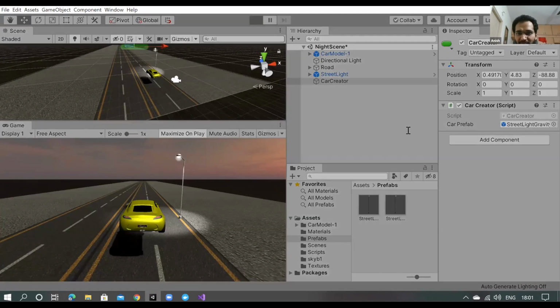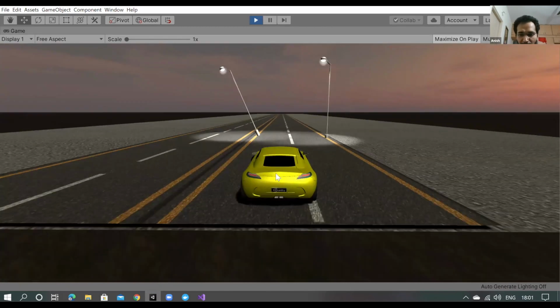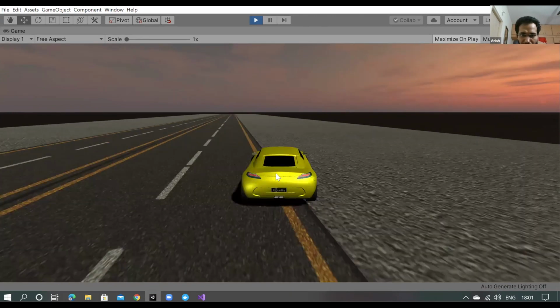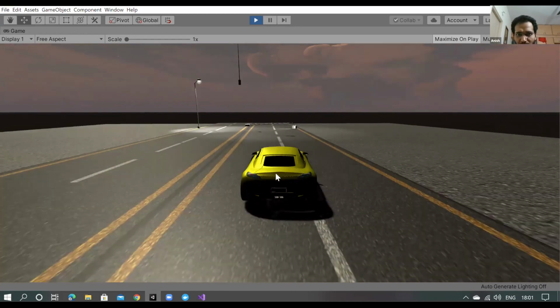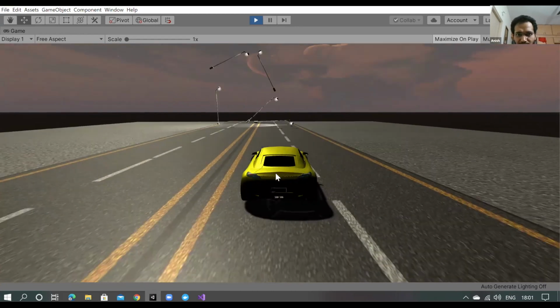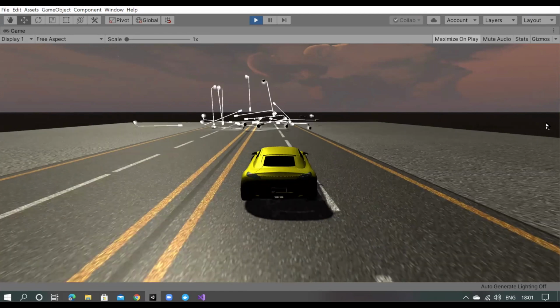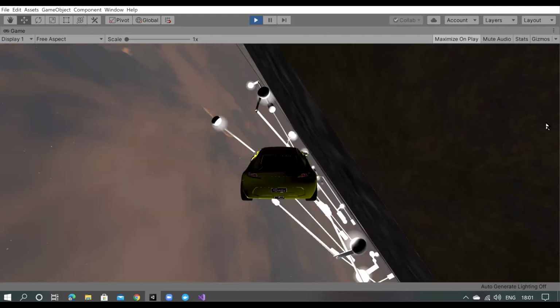But you can see that we can assign any game object and that object will be instantiated. If we keep pressing it, will it fall, or should we press and leave?